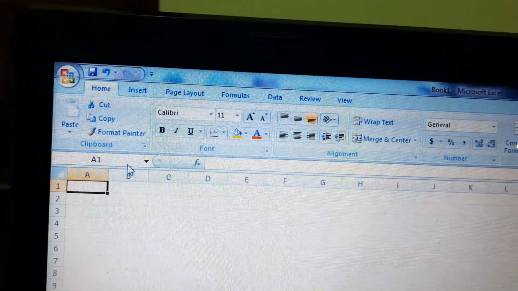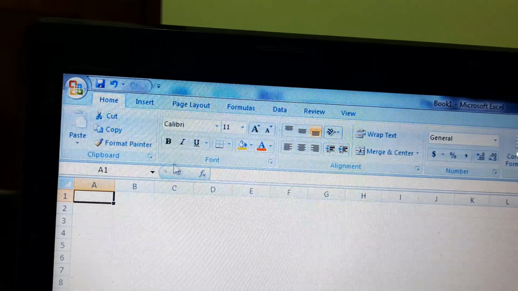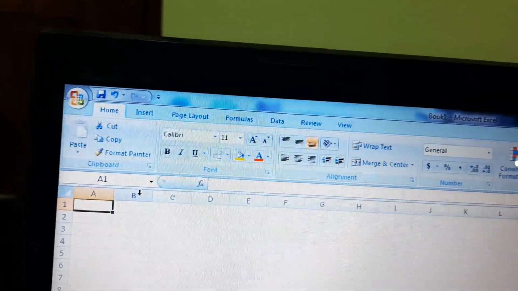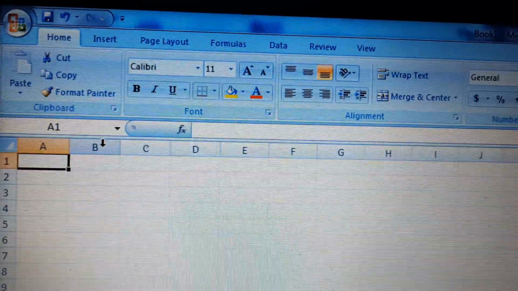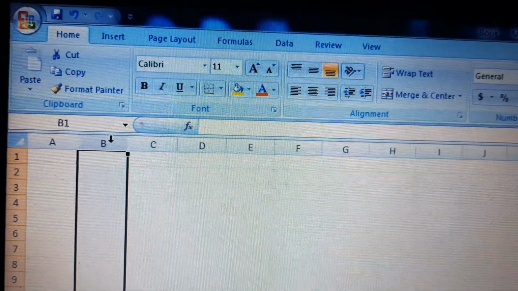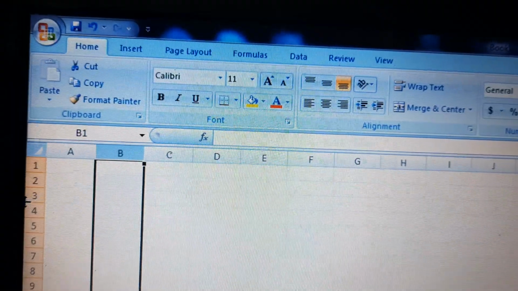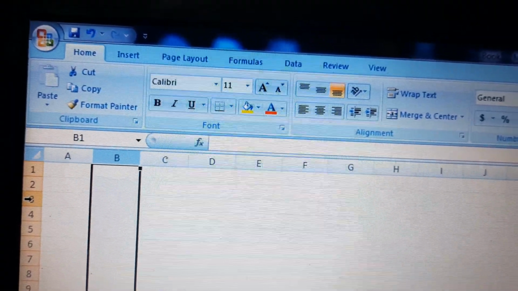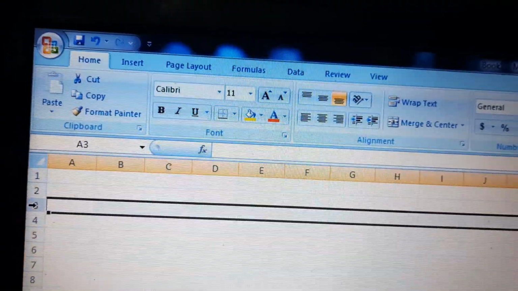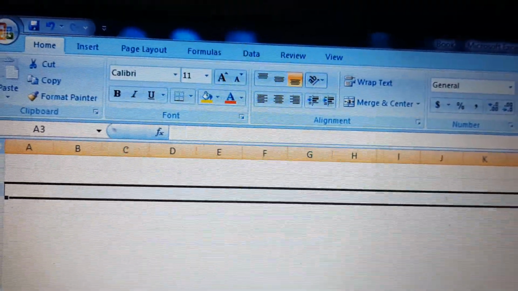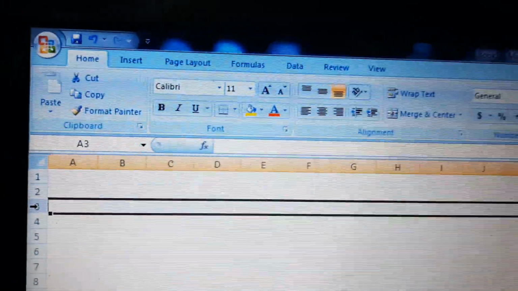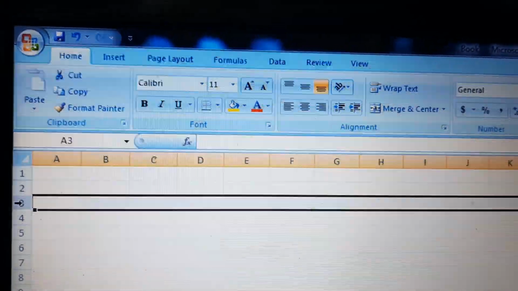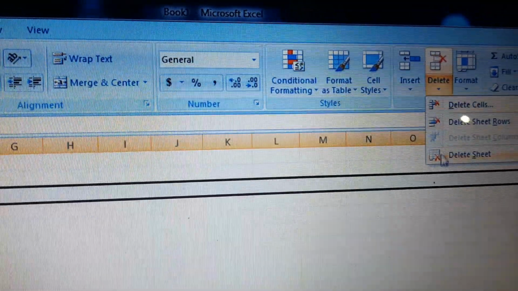How to select a row? Just go here and click this. See, an arrow has appeared and just click this. This column has been selected. If you want to select a row, same, you see an arrow, click this, and a row has been selected. Like this you can select and delete a row or column. And for the sheet, you can go here, select that particular sheet, go to this Delete option and click Delete. That sheet will be deleted.